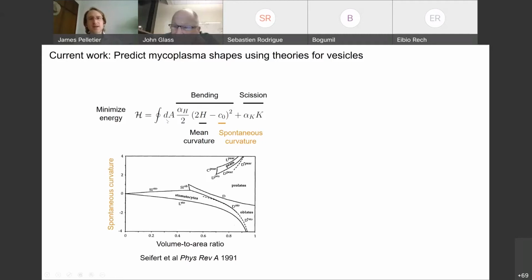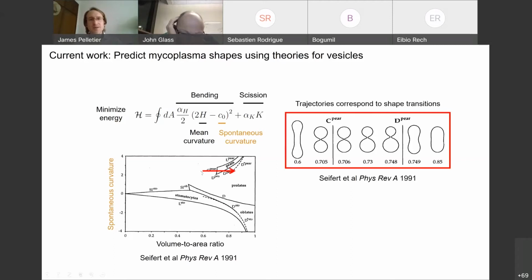What's really exciting is that with these kinds of equations, you can predict shapes as a function of the volume to surface area ratio, which is the x-axis, and the spontaneous curvature parameter, which is the y-axis. In particular, every point in this space represents a different shape. So for example, this red arrow from left to right, these are the shapes that correspond to that red arrow,